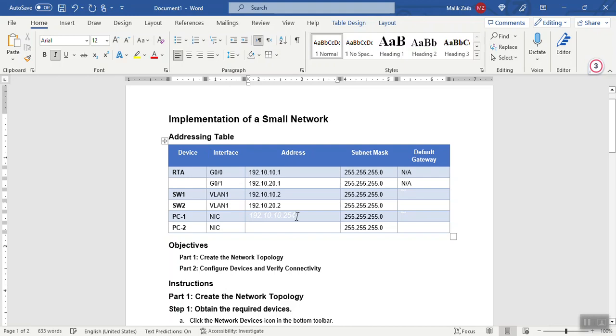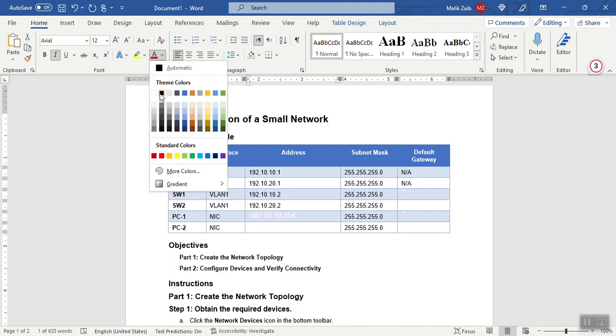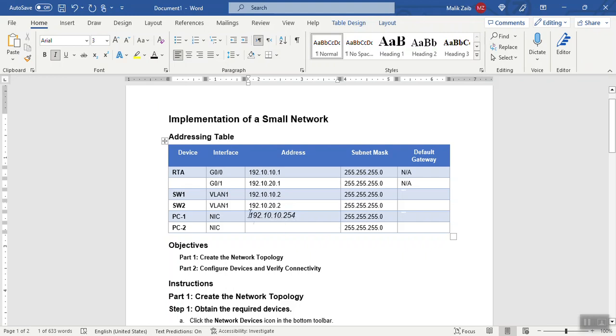Any IP address you can give here, okay. So we will configure here, instead of 10.10, I am writing 10.